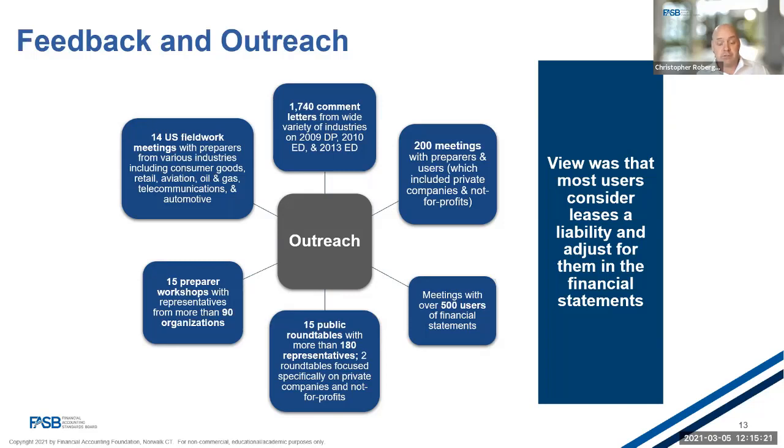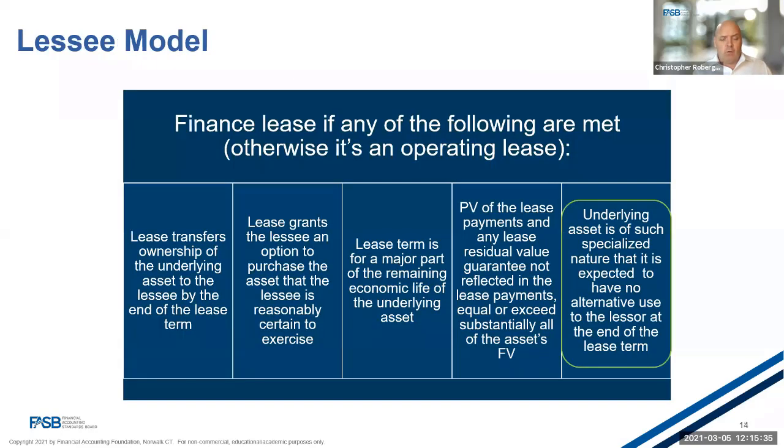There are certain new disclosure requirements in Topic 842 which we will discuss in a little more detail later in the session. In the next few slides, I'll provide an overview of the new lessee accounting model, starting